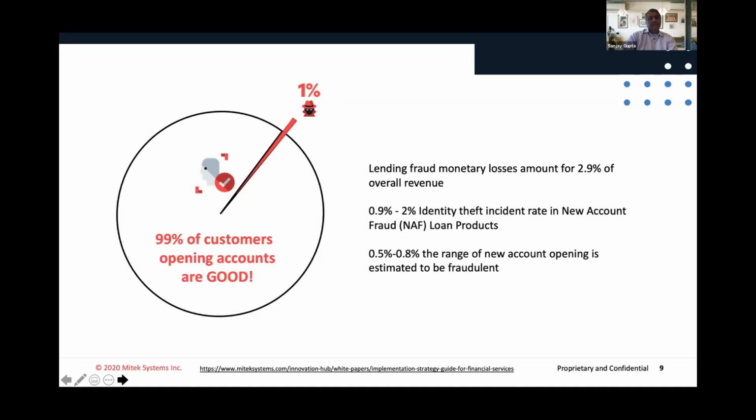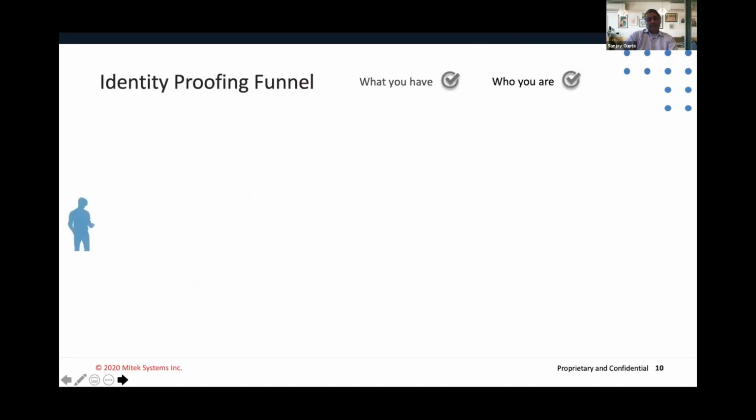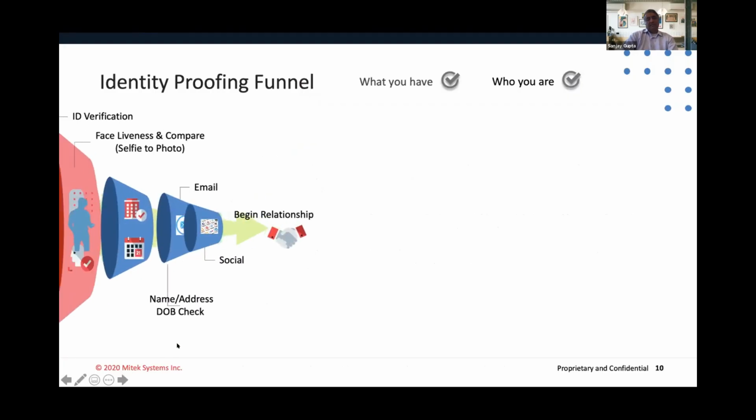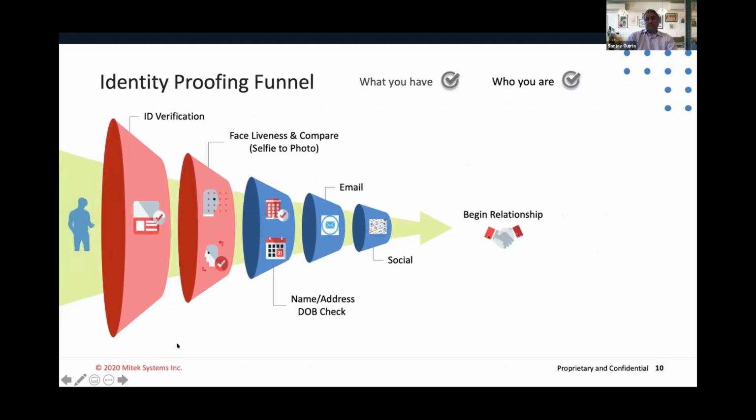Now, what we recommend when you're going through what we call the identity proofing funnel, there are different areas of checks that you can perform. Depending on if you're doing a financial institution or if you're dealing with a fintech, et cetera, you really want to capture their ID and do a liveness and selfie to photo comparison. Again, our solution is in the red.